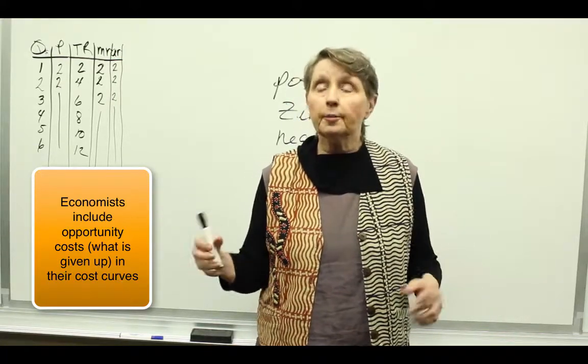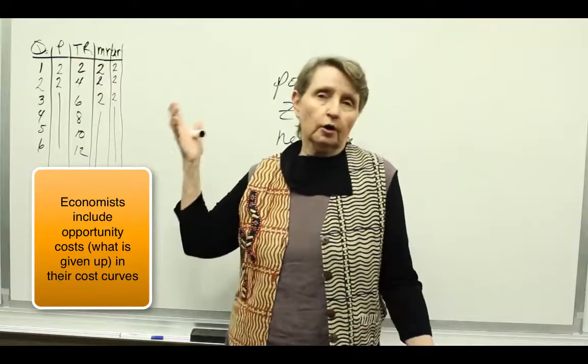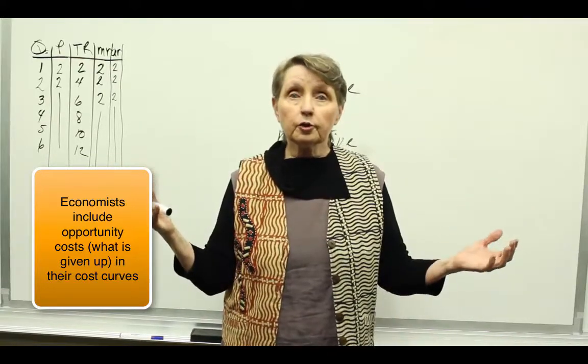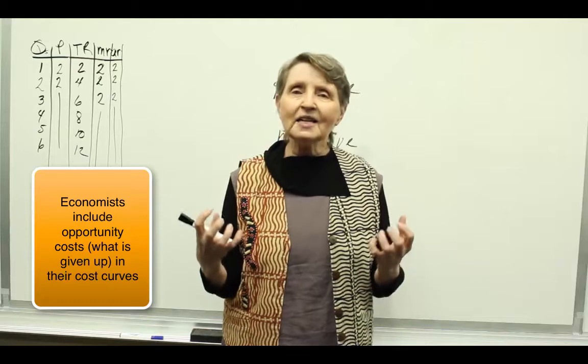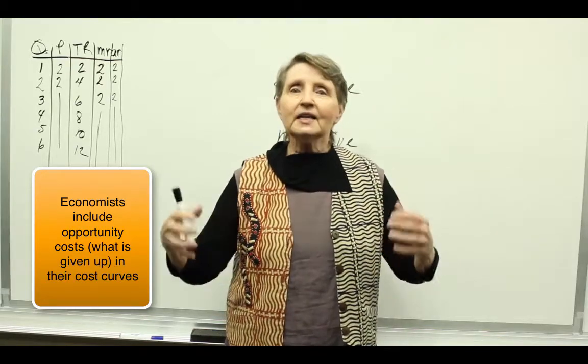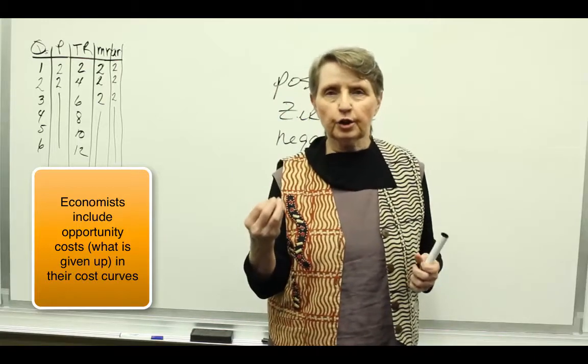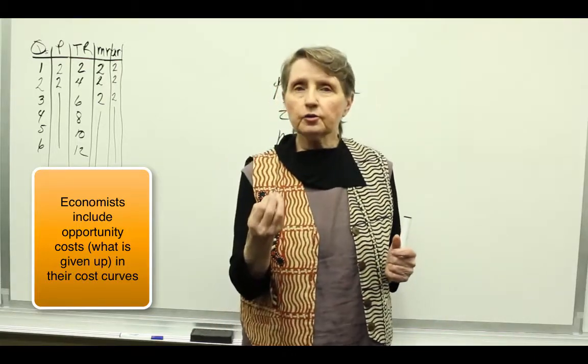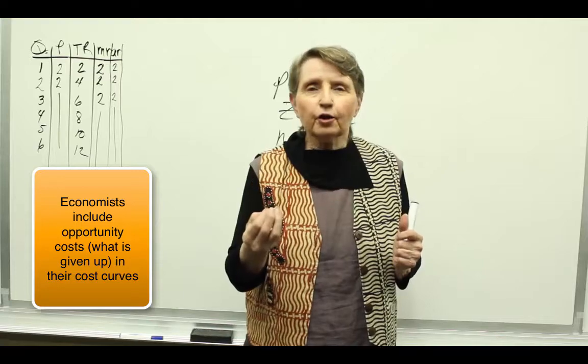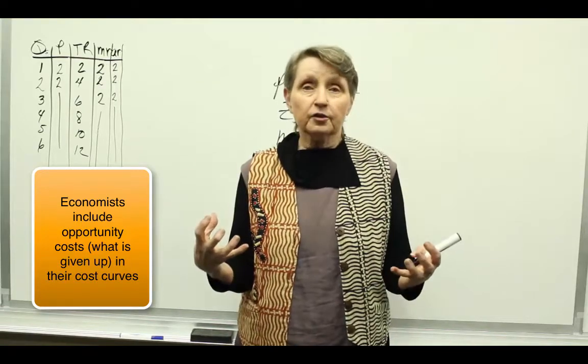So when we draw cost curves, an average total cost curve, incorporated into that cost curve is opportunity cost. And so our definition of costs is different, and therefore our definition of profits is going to be different than